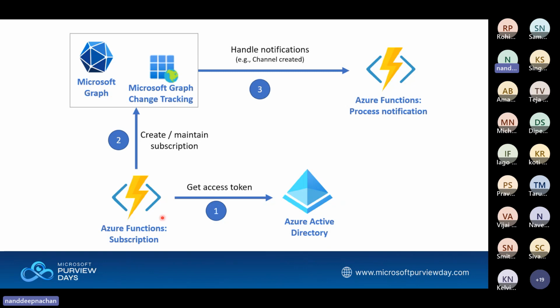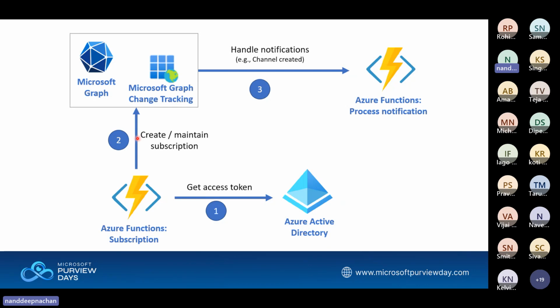So that's the reason we will need maybe an Azure function in this case to go ahead and get the access token for Microsoft Graph using this Azure Active Directory. Once we get that access token, we can go ahead and create our subscription. And then again, there are various Microsoft Graph endpoints available, and each of them has their own limitation for the